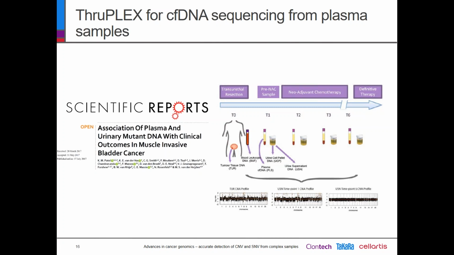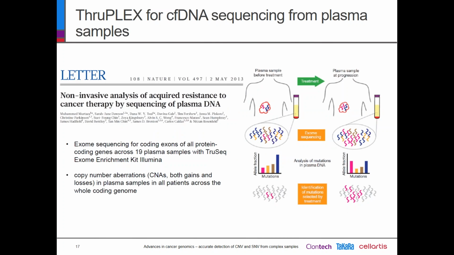So this is one very important and useful application of NGS in cancer liquid biopsies: linking circulating DNA and monitoring progression of disease and therapy, and hopefully gaining insight into the outcome for the patient. This is also precisely what is referred to in this very seminal paper published in Nature,